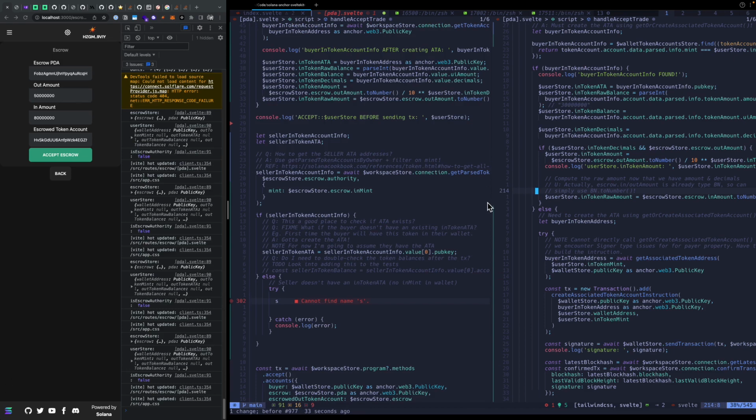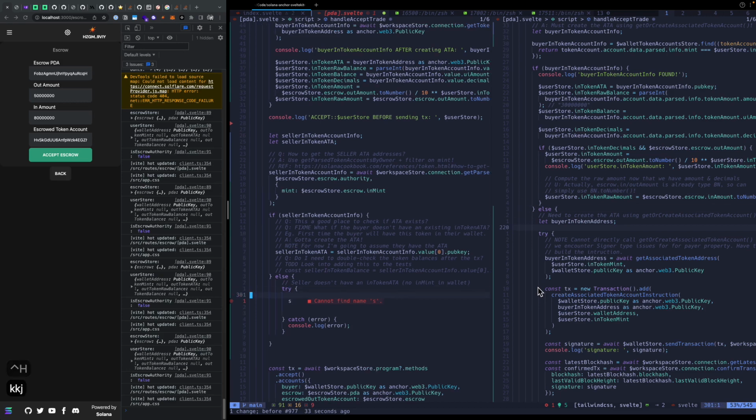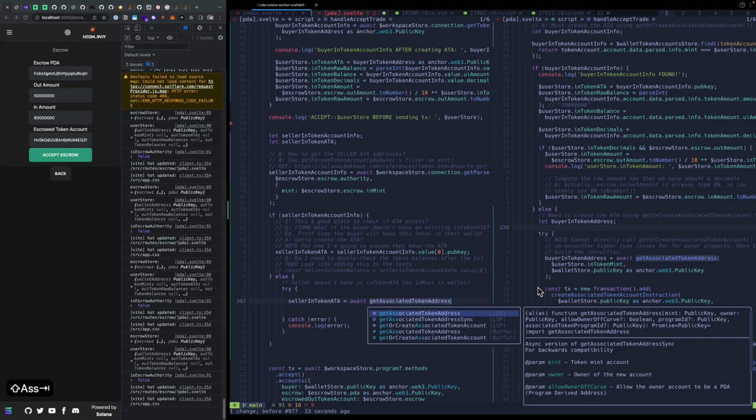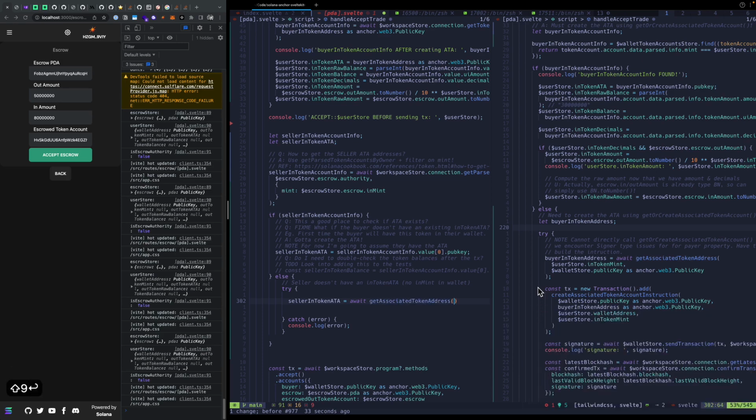I forget, they come from so many. Oh, it doesn't. It comes straight from seller in token ATA. We've already imported this. That's right. And then